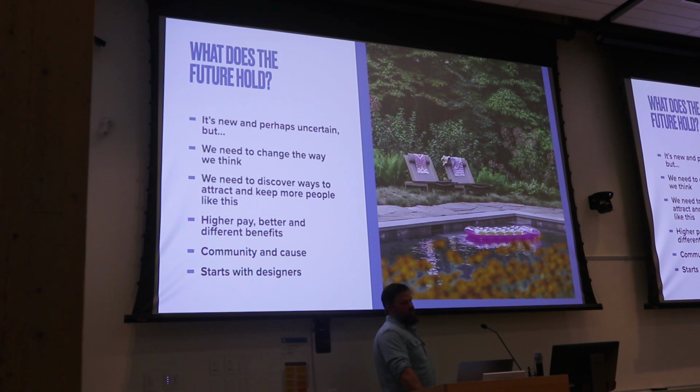So we need to change the way we're thinking about things. Again, I'm talking from a very environmental kind of aspect, if that's the direction you want to go. Attracting people, a hot button topic, right, is higher pay, better, different benefits, community and cause, and again, going back to, I think that, for everyone here, when I give this talk, I always have different audiences. Obviously, this is a very design kind of heavy audience. So as designers,